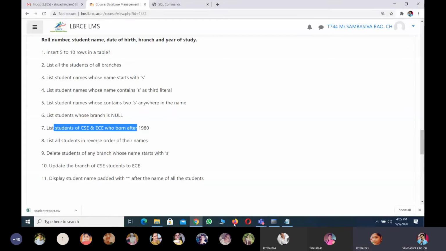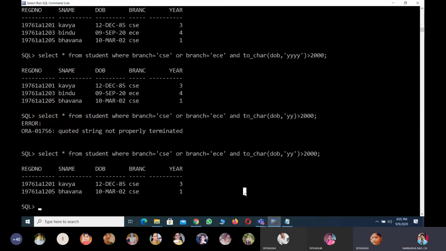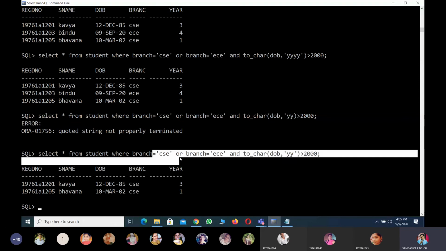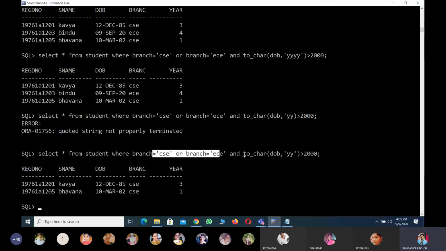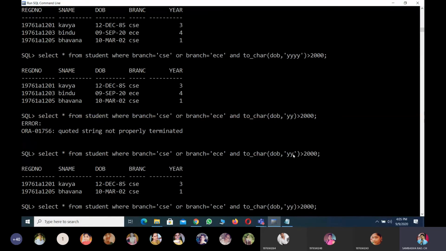Sir, so move on, 85 to less than, no, sir. 85, where it is 1985. Here also it is showing 1985. They belong to CSE or ECE, yes, and the date of birth year in a 2-digit format we have seen. For example, greater than 2000, 1980.